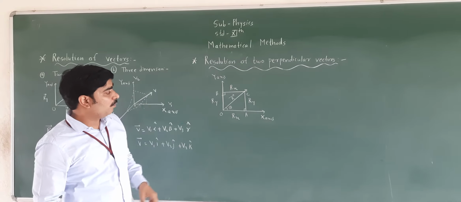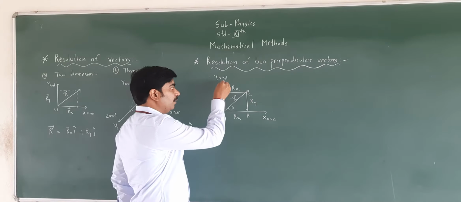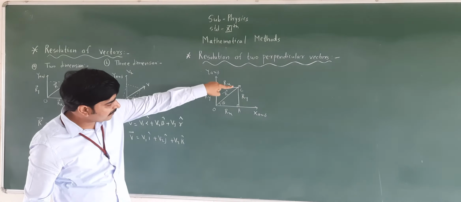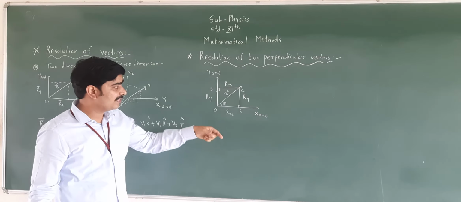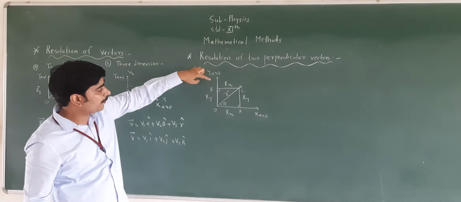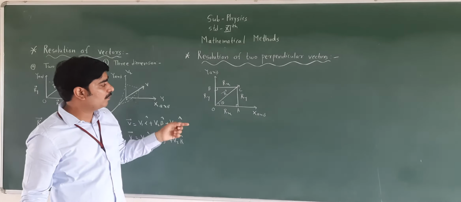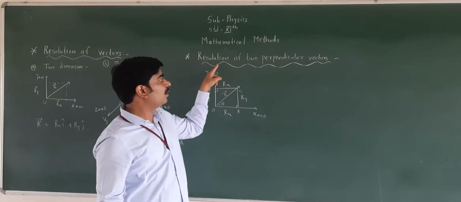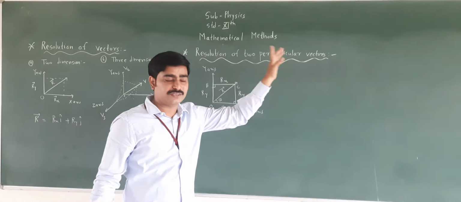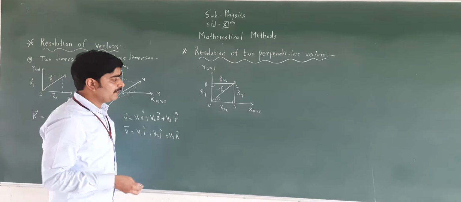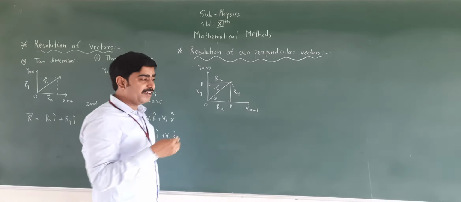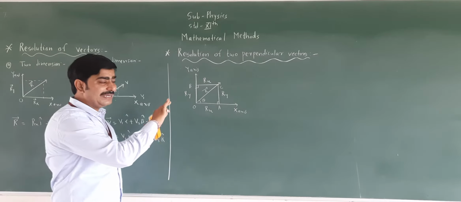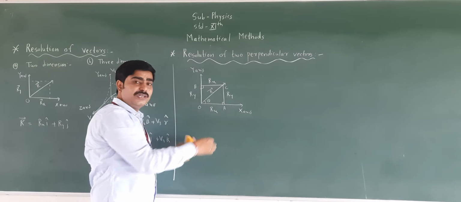So here what have we drawn? We have drawn one x-axis, another y-axis. From point C we have drawn one perpendicular, that is CA, which is perpendicular on the x-axis. From point C we have drawn another perpendicular, that is CB, which is perpendicular on the y-axis. So what are we going to see? We are going to see the resolution of two perpendicular vectors. Friends, for that purpose we have to use the trigonometric formula. First you should draw the diagram, and then you should write the explanation in your own words.